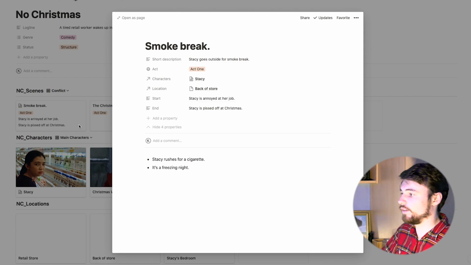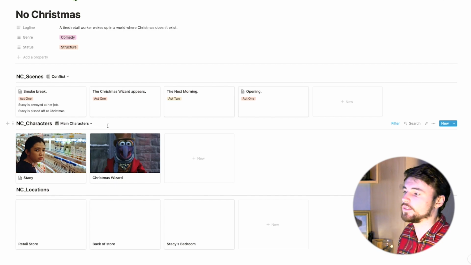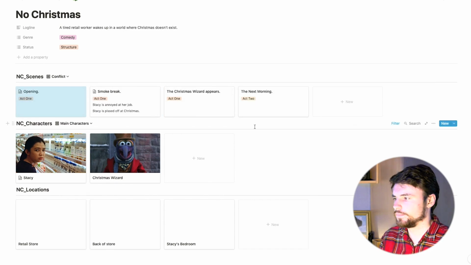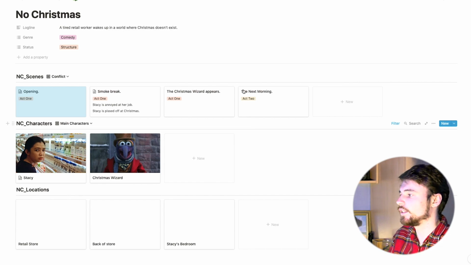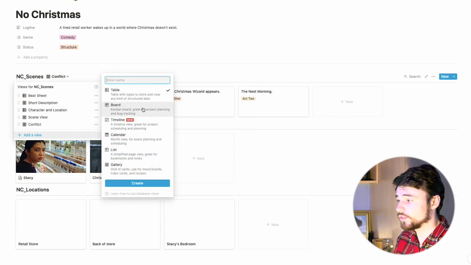And then if we want to work on this, maybe there are some problems in our script and we want to make sure each of those scenes is working in that way, we can turn that on and add it here. But that's just one of those tricks I like. This is just another way to show that if there's a specific trick to do with screenwriting, I really think Notion is so adaptable that there's probably a way to build it into the system so you can create your own view. To create those views, just quickly, you go up here and click on add a view, and then you can decide what sort of view it is.